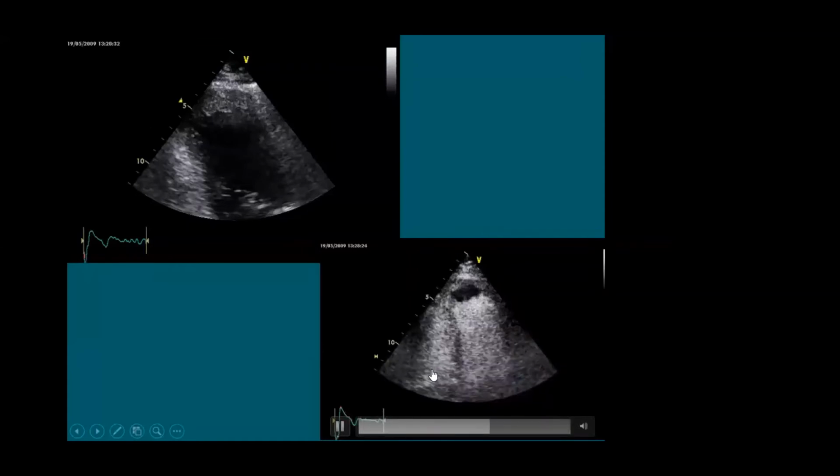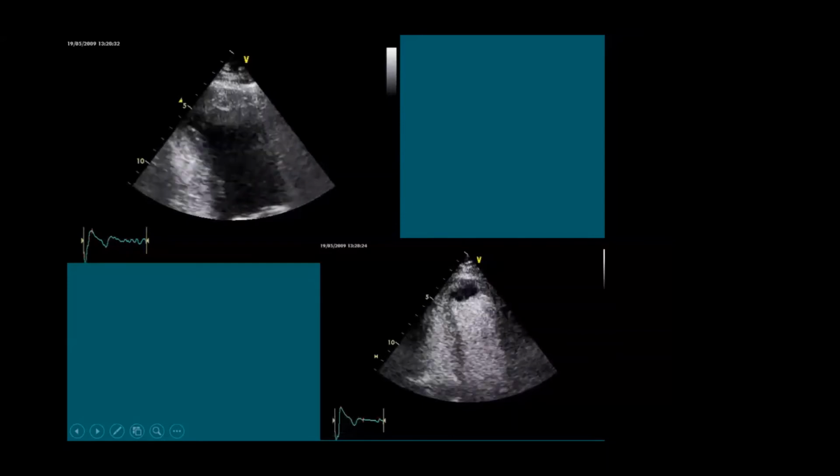It passes through the right ventricle, into the pulmonary artery, goes through the pulmonary circulation, appears on the left side and fills the left atrium and left ventricle. And you can clearly see there is an echo-free area, that is a contrast-free area, which is identified. And this is the left ventricular thrombus, which can be confirmed by using the contrast echocardiogram.